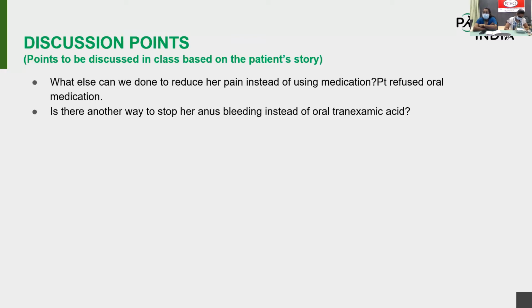What we will do is laxatives. You can ask the patient to take plenty of water and a high fiber diet, but in addition to that, you have to advise laxatives also. If there is a history of constipation, you can advise the patient to take laxatives. If the patient is on opioids, definitely they should take laxatives along with that.